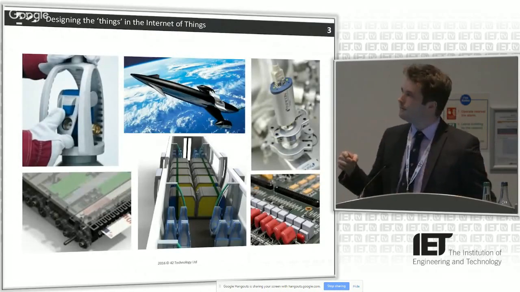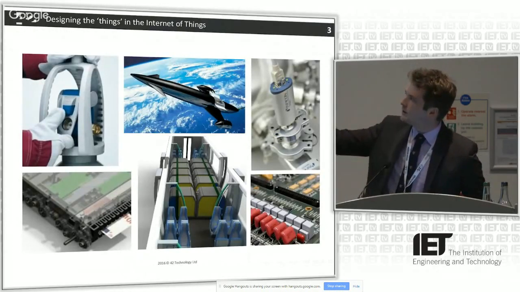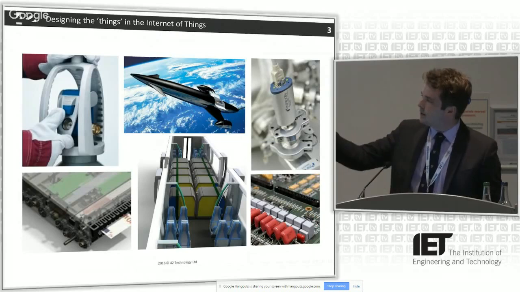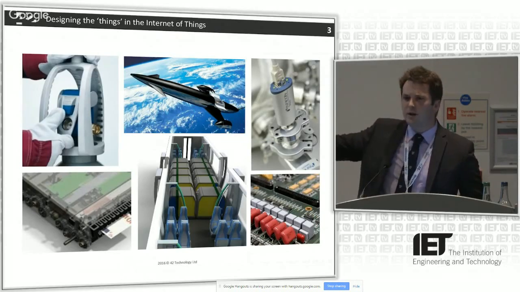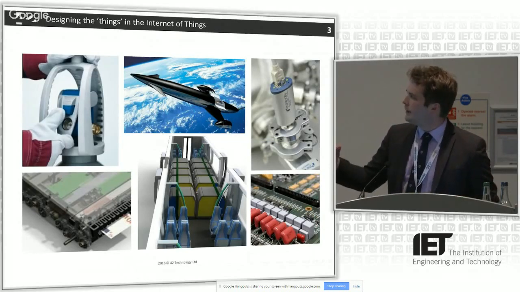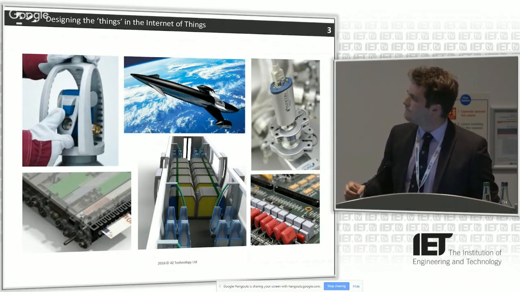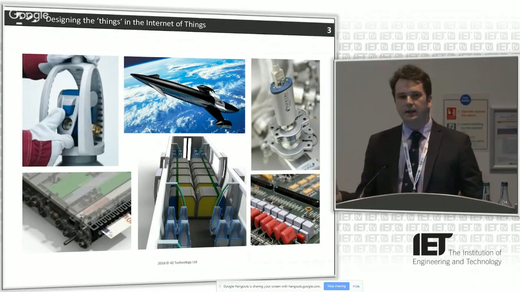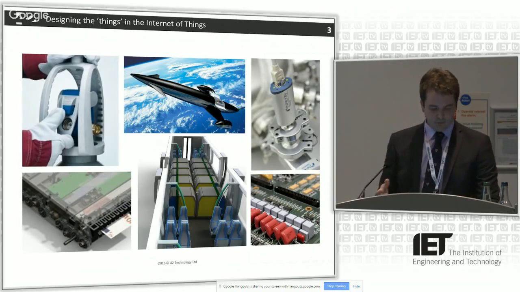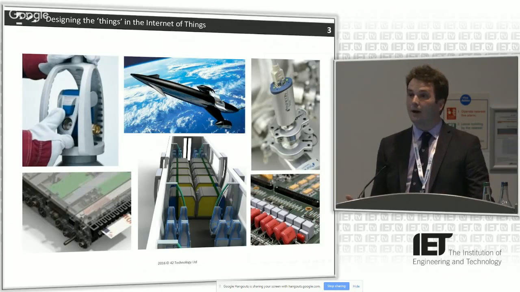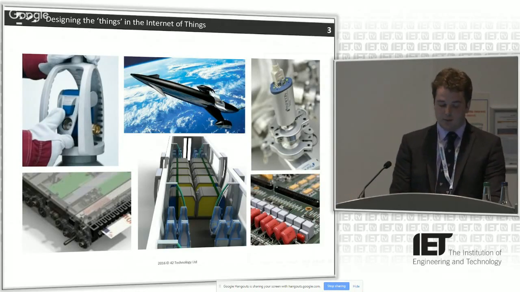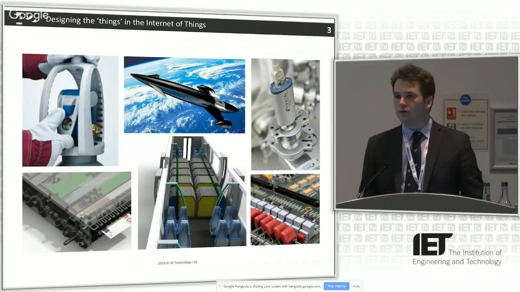The sorts of things that we do: industrial gas valves, we've done developments of space planes, sensor manufacture, sort of automation of those things, banknote handling, the thing in the middle at the bottom is a new train that I'm working on. And we've also done sort of power distribution for unmanned aerial vehicles. And on the Internet of Things side of things, we've done a vast range of things: connected devices with home health hubs, smart meters, devices that communicate with apps, wireless communication systems with a whole range of protocols as well.